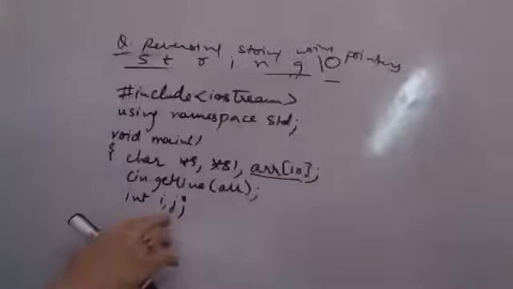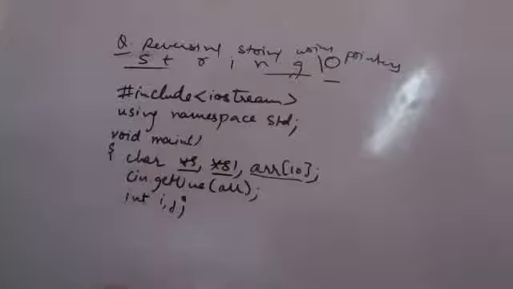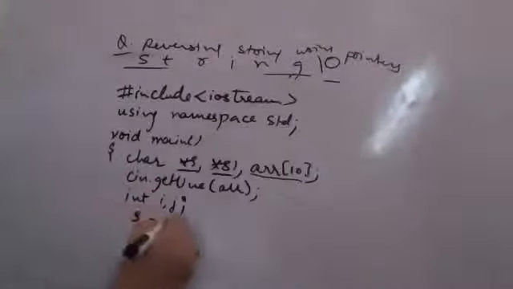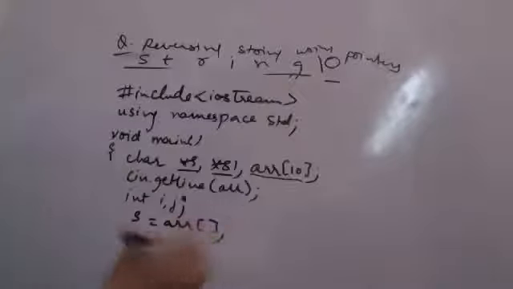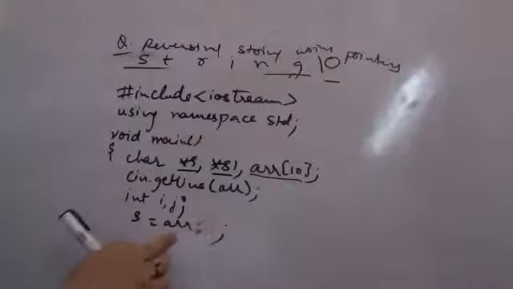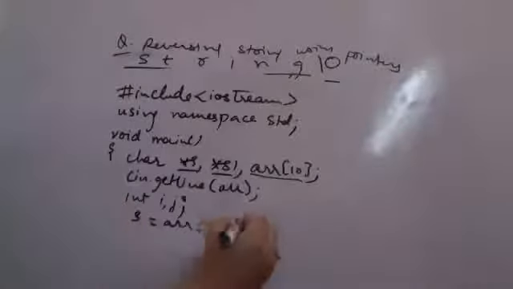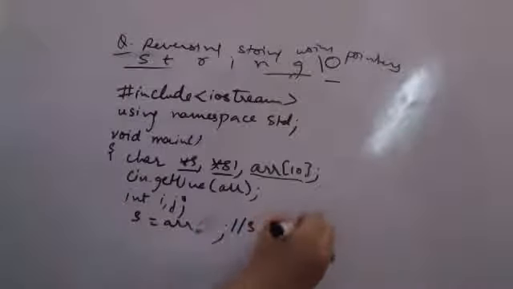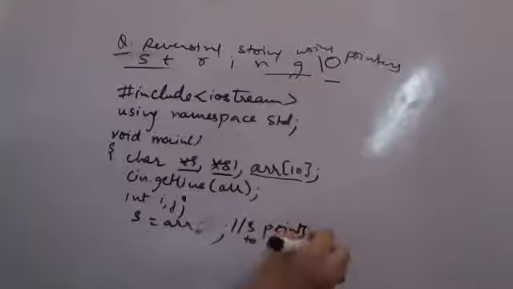We have created some temporary variables and two pointer variables of type character, which we will be using to reverse the string. Now I am saying that s is equal to r. That means s has the base address of the array. S points to the first element in the array. Keep this in mind. Now I need another pointer which points to the last element in the array.